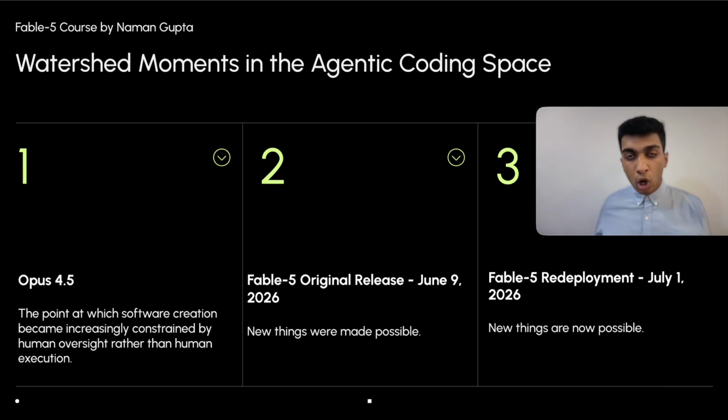And so now that we have this capability with Fable 5, new things were made possible. People could build large amounts of software, so many new things, but unfortunately it was taken away from us for reasons that are not our concern. But luckily, we have it back now. So Fable 5 has been redeployed to users globally, and I think we need to appreciate that we have this technology back, because I remember the day it was banned, people were getting crazy about this model. They were saying that it felt like they had lost a loved one, somebody who could complete all of their tasks. It was like a partner, it was like a co-founder, all of those things. So it was a very emotional loss for some people when Fable 5 was gone. And now that it's back, I think that the best way for us to appreciate it is to deeply understand it so that we can use it to the best of our ability.